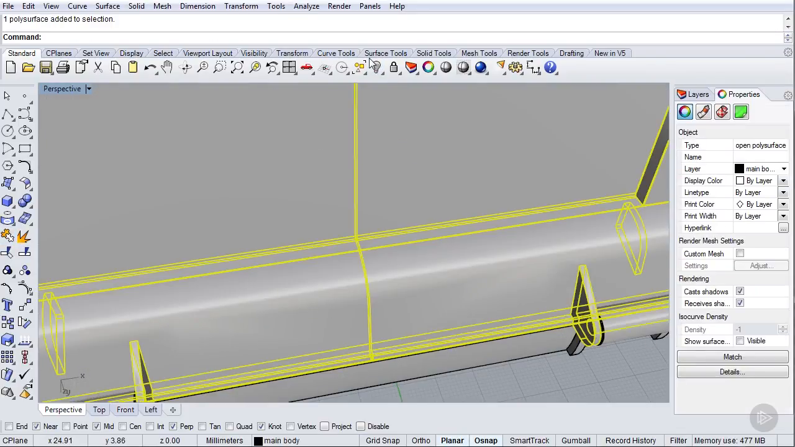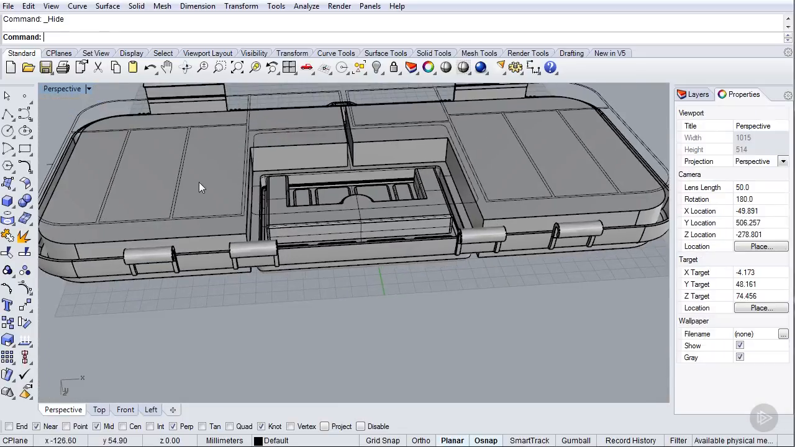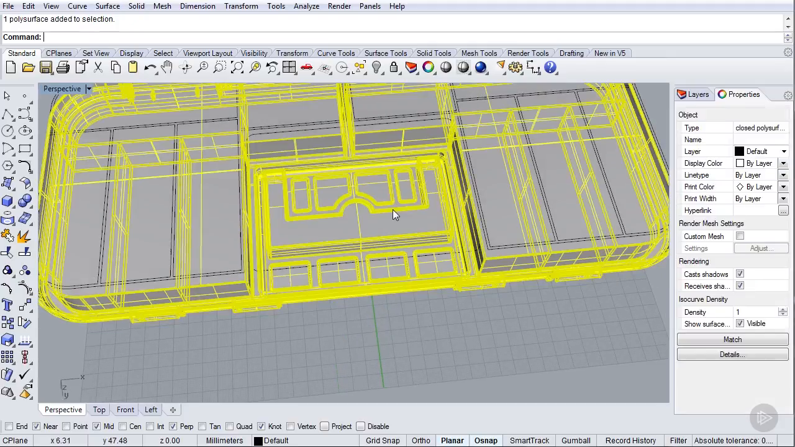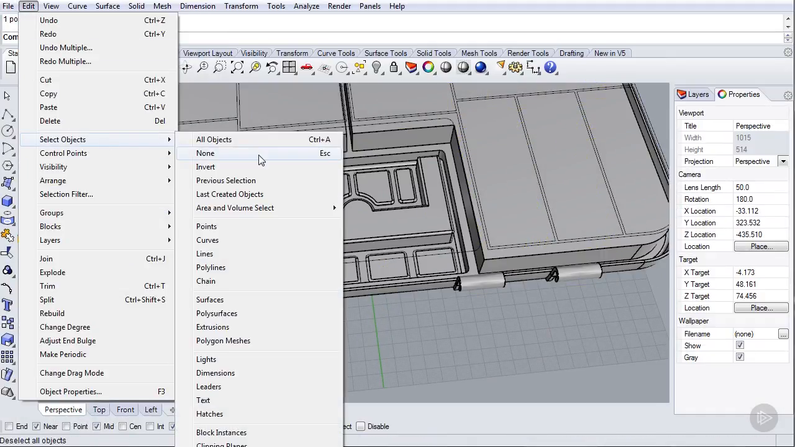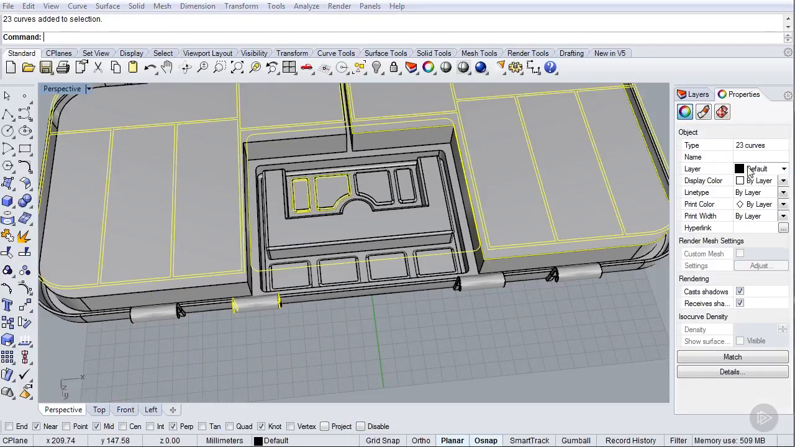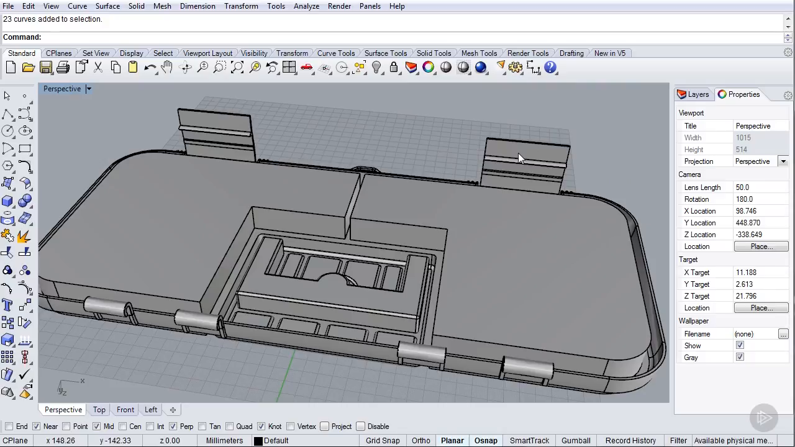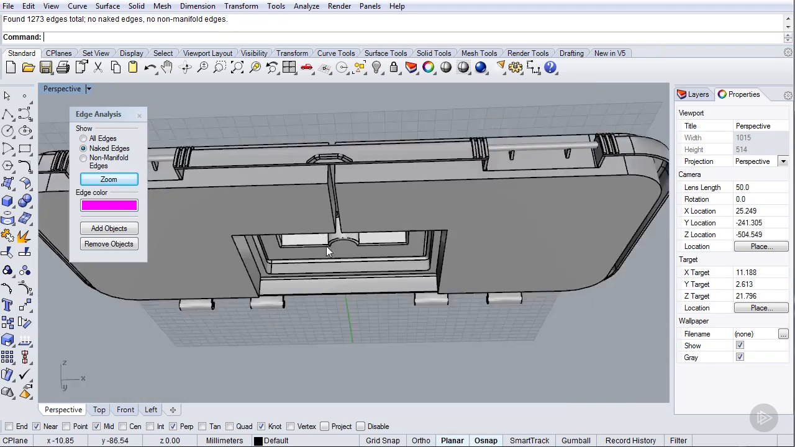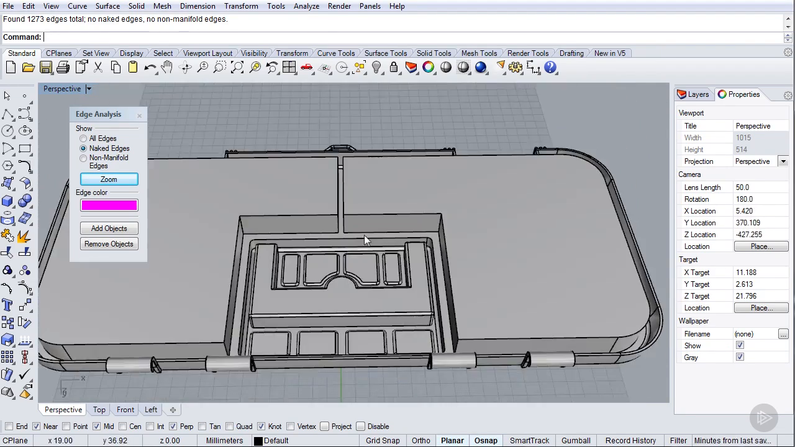Unhide everything. Turn this off again. Turn off our tray again. Control A, join. Turn off our isoparms. I'm going to edit, select our curves, put all of them on a curves layer, and turn off these as well, hide them. Analyze edge tools, show edges. Can't see any pink edges on there, so that means that's a really good